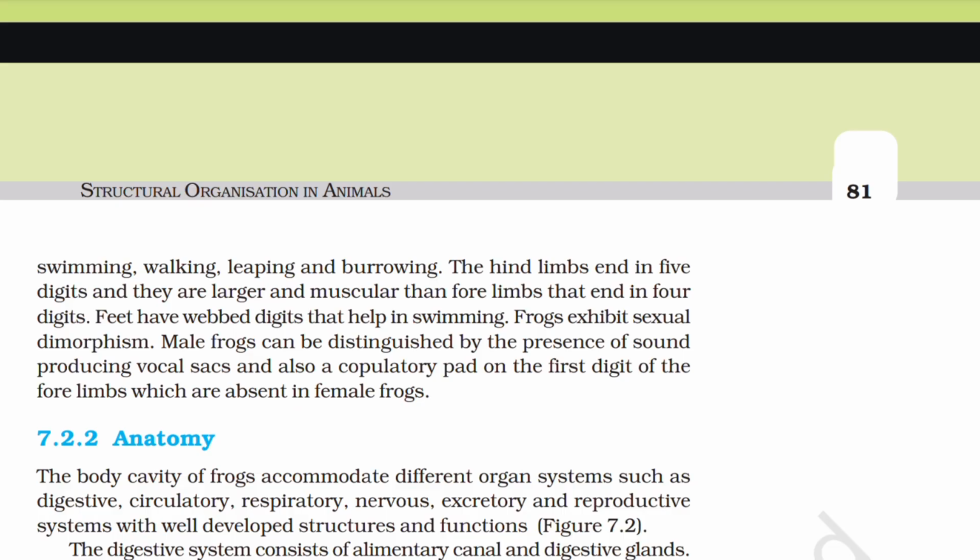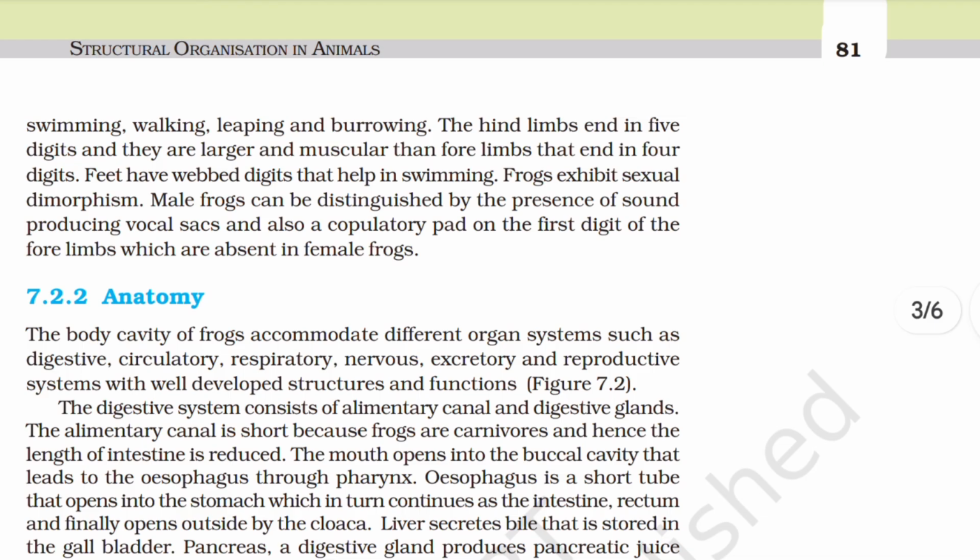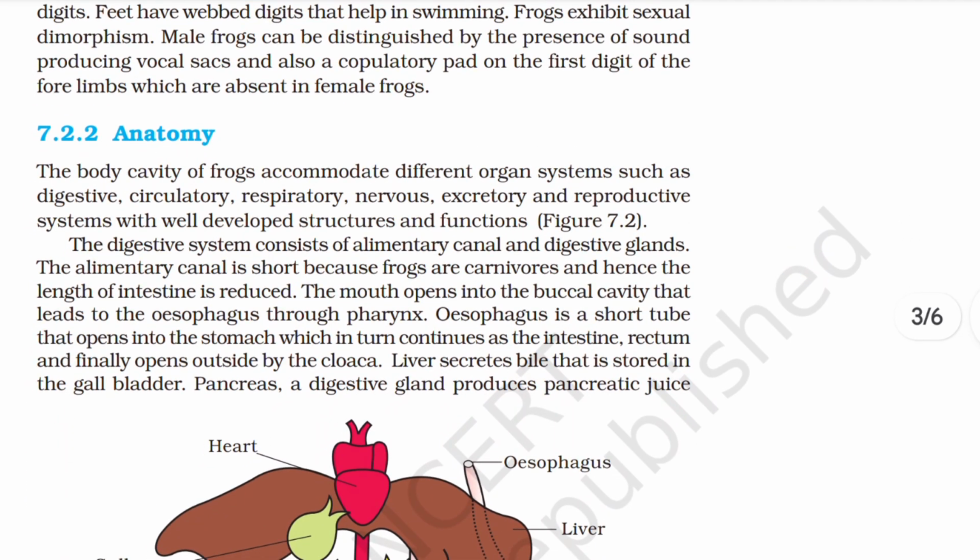Male frogs can be distinguished by the presence of sound-producing vocal sacs and also a copulatory pad on the first digit of the forelimb, which are absent in female frogs. 7.2.2